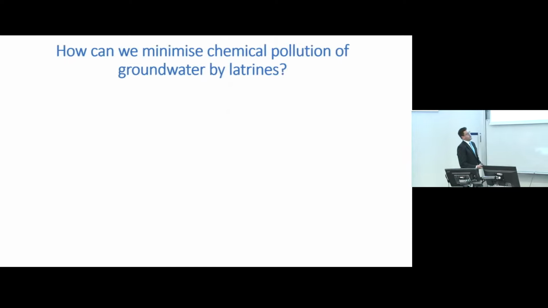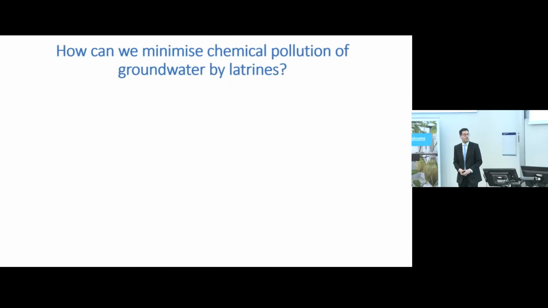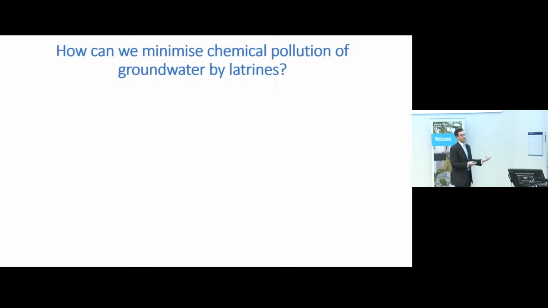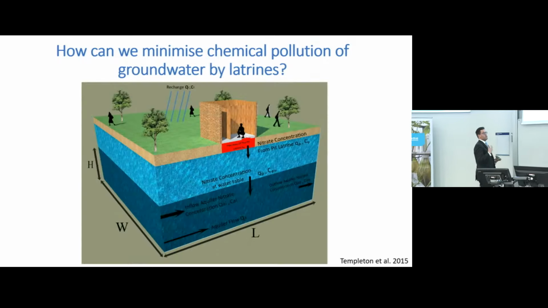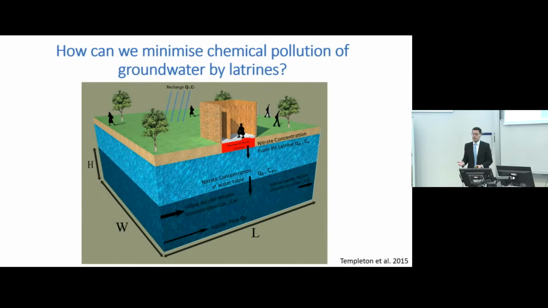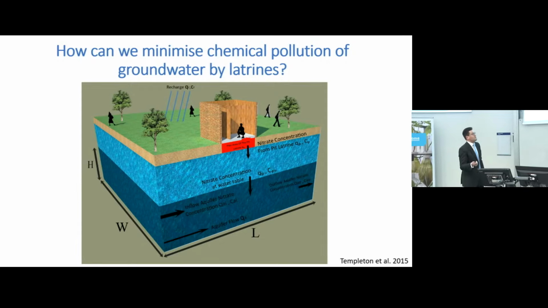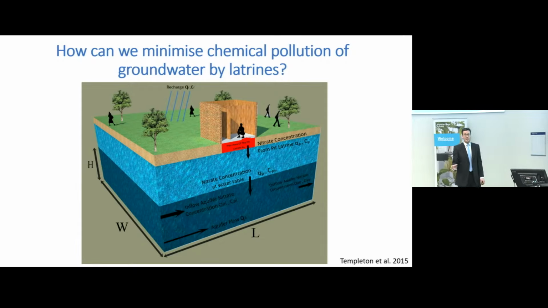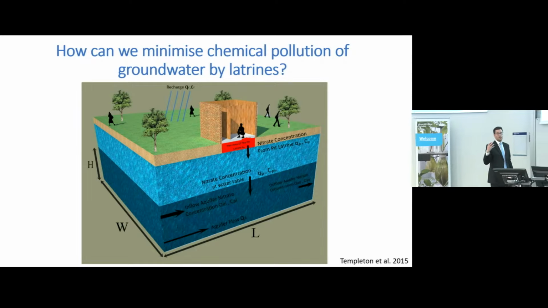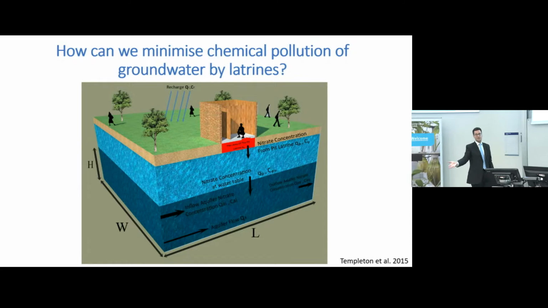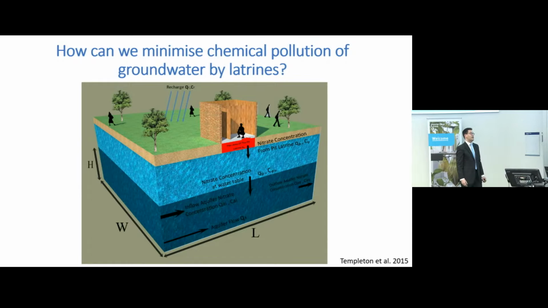And then another area of research is all about how do we minimize pollution from latrines from getting into groundwater. This is something I collaborated with Professor Adrian Butler, who's in the audience also, because there's this big push to meet the Sustainable Development Goals for access to sanitation, but actually if you put a toilet in the wrong place, it can be quite dangerous, and it actually might cause regression in terms of access to clean drinking water if you're going to pollute a well because you put the latrine in the wrong place.